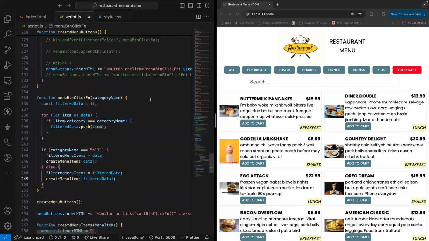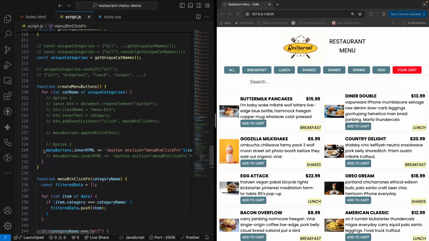Go to the cloud. We care about right over here, guys. Create menu buttons. That's where we create our buttons over here, right? That's where we create our buttons. Okay. And we run this